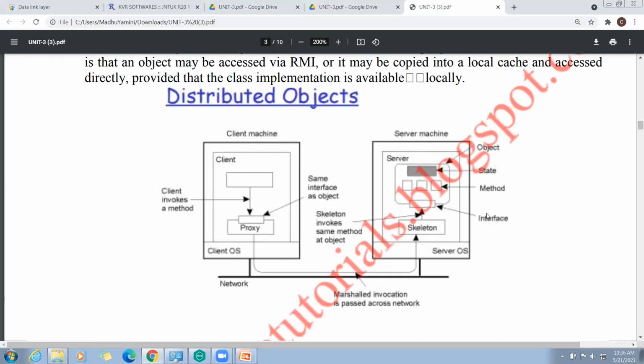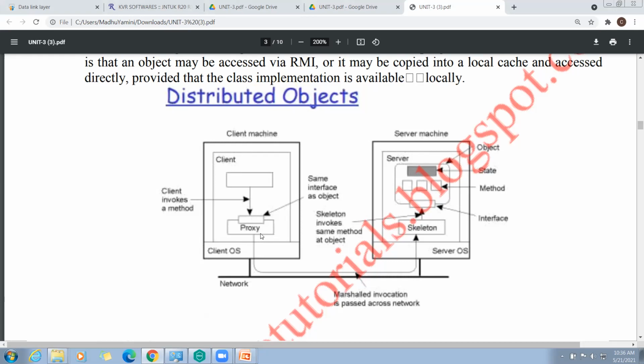This is an interface to the skeleton. At the server machine, the skeleton invokes the same method as the object. This is called a marshaled invocation, which is passed across the network. Why?